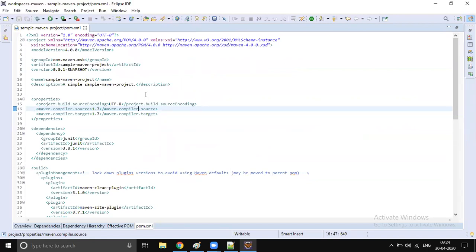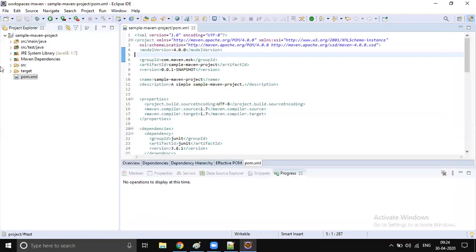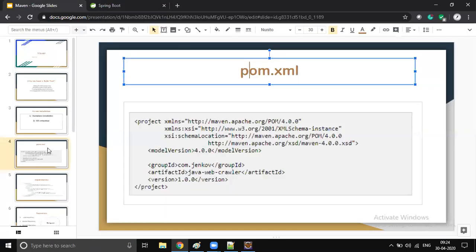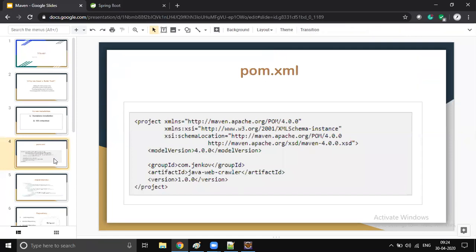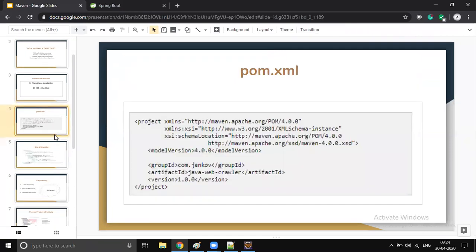So anything you want to happen, for example, Maven wanting to create a jar file, or Maven wanting to download some dependency, right? Everything has to be configured inside this pom.xml file. So the pom.xml file is a kind of root map to your Maven project. Without the pom.xml file, Maven cannot do anything for your project. Okay, so this is all about the pom.xml file and how we create a Maven project. Any questions? If not, we will jump into the next slide. Any questions with respect to the pom.xml file?